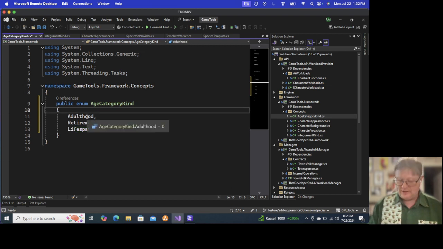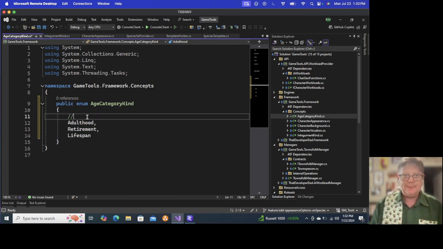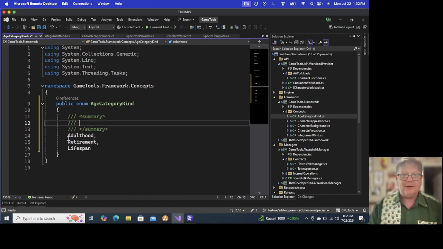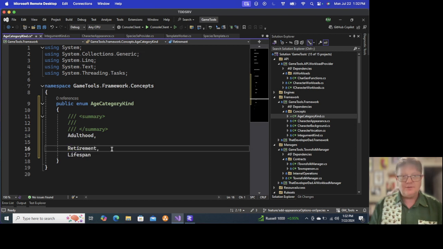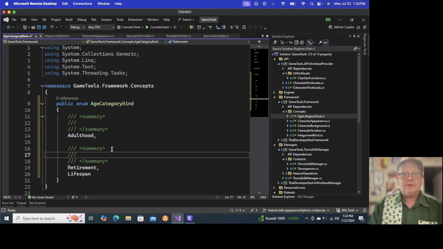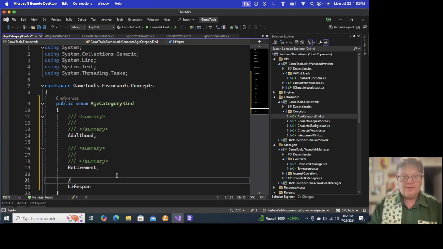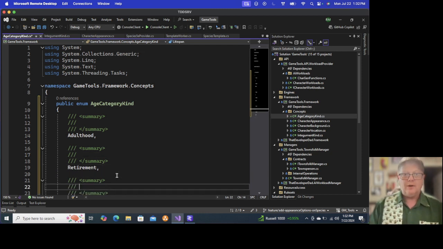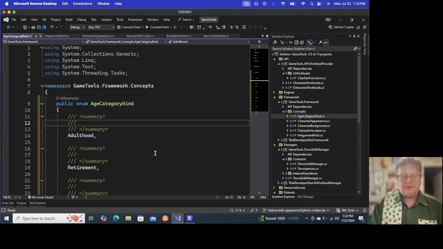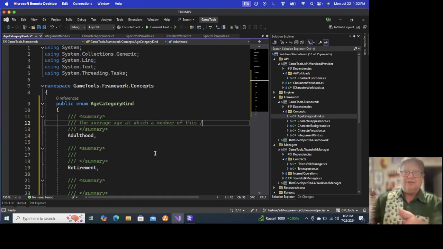And I could have done those on one line, but I like to do these things. Whoops. All right, so the average age at which a member of the species